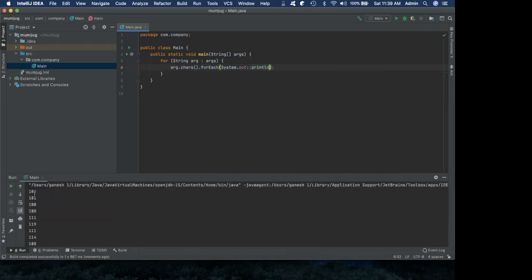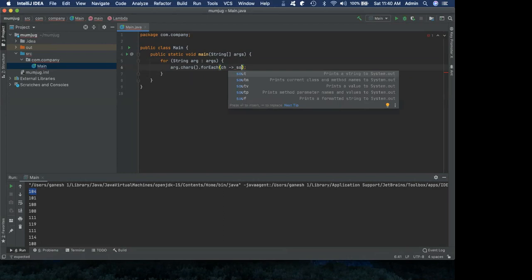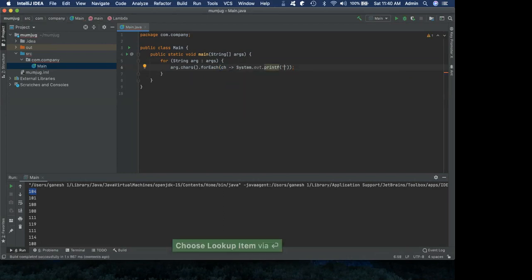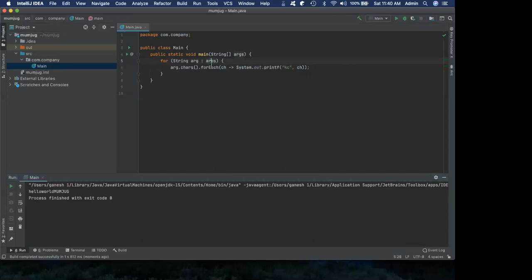But unfortunately, I am not getting the chars that I wanted because it is printing the ASCII value of the characters. So what do I do? I select my println and I get my char, and for that char I format it with a %c and print it, right? Now let's try. This should print the chars, right? So we learned our second template.